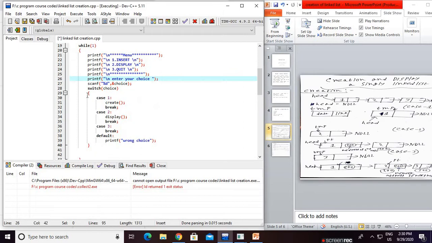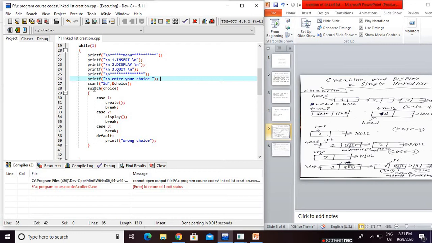Take a switch case statement, switch choice. That means the choice value is passed to the switch. If the choice value is 1, case 1 is executed. If the choice is 2, case 2 is executed. If the choice is 3, case 3 is executed. It goes to match the case value.